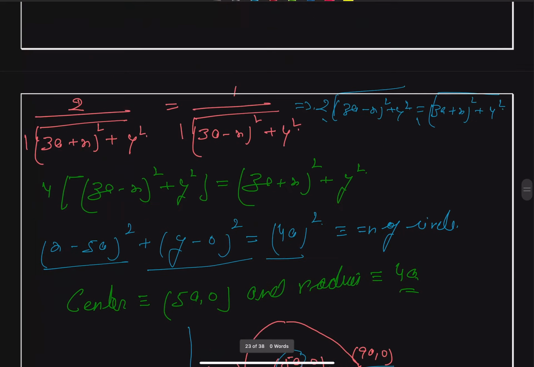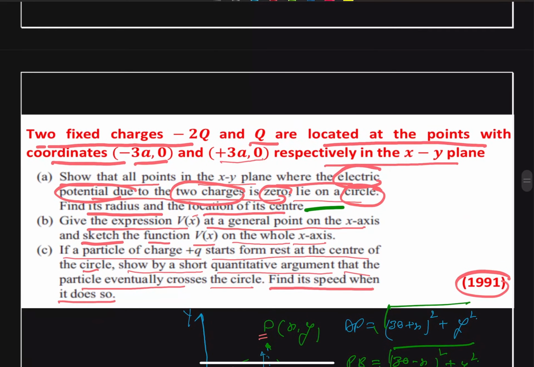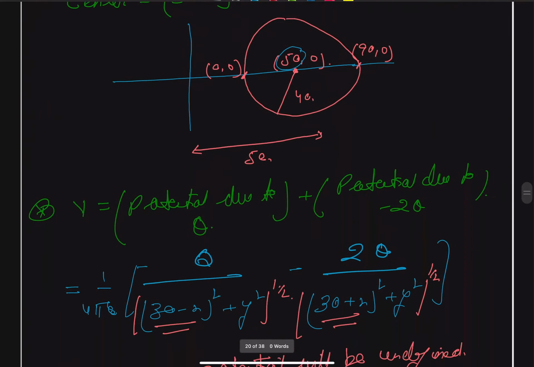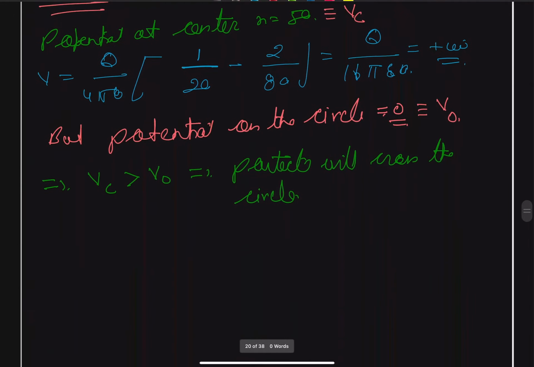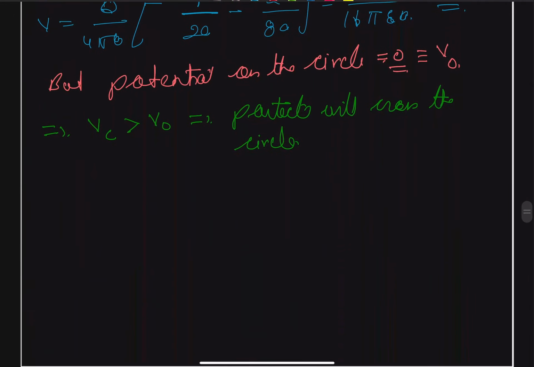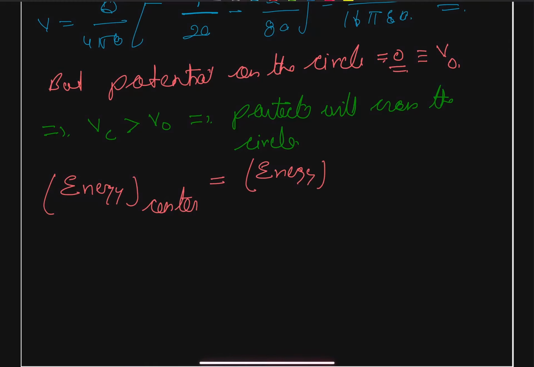And it is also asked to find the speed. In order to find out the speed, we can just use the conservation law, that the energy at the center should be equal to the energy on the circumference. So we can say that energy at the center should be equal to energy at the circumference,